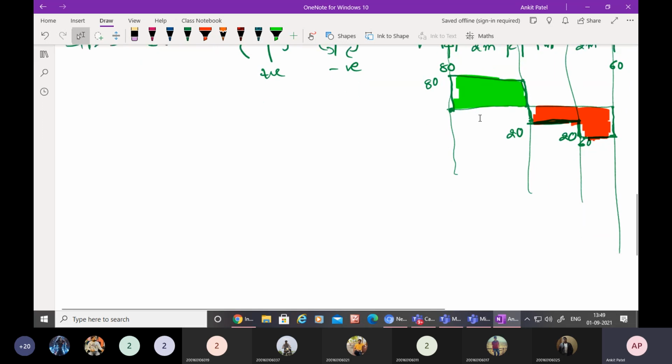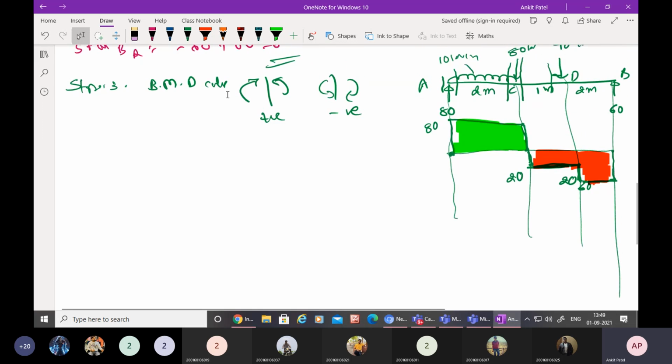Now in these, I'm not going to advise that you always have to make the calculation from left to right. Whichever place is nearer, from that you can do the calculation. But because here the graphical representation shows that both are on the upward side, so that will be positive, so it will not create confusion. This is just a graphical representation. You have to compare it with your graphical representation, and then definitely you will not get any kind of problem. So let's do the calculation.